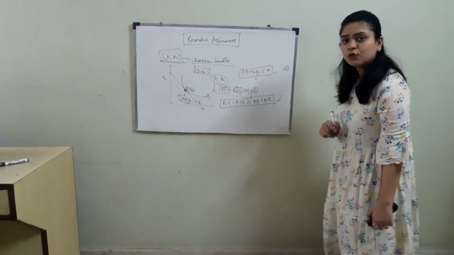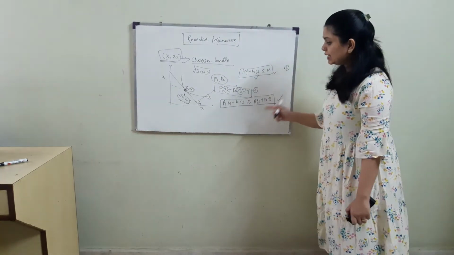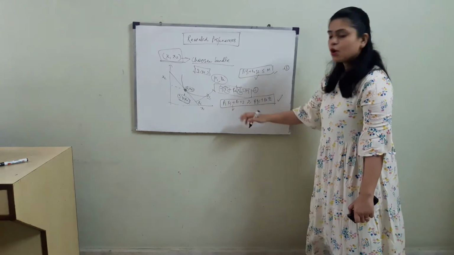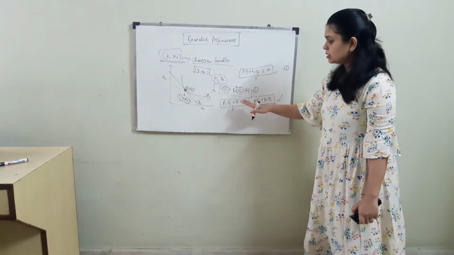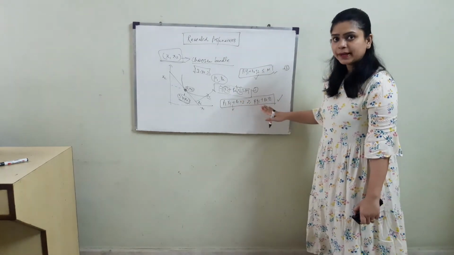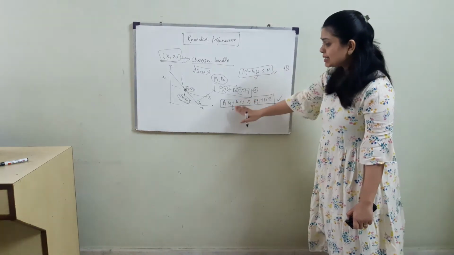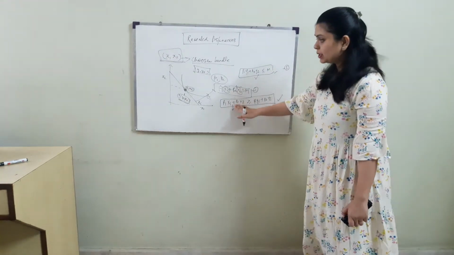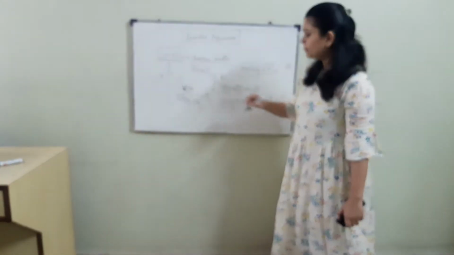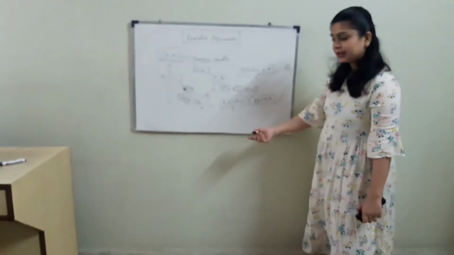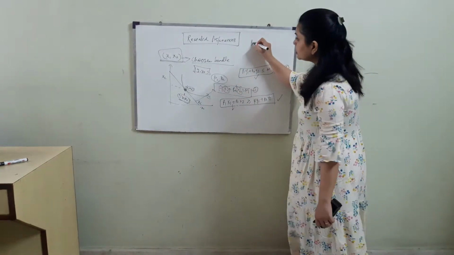Now from here what can we infer? That if the expenditure on x1, x2 is larger than the expenditure on any other bundle, and this is the most optimum bundle because it is the preferred bundle,